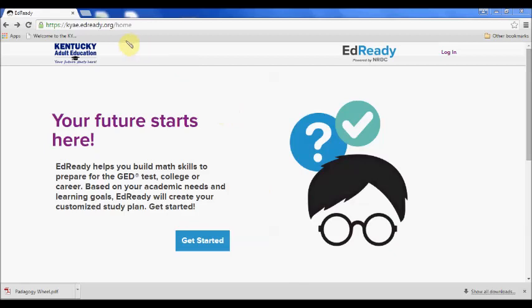And to get started, it's really simple. The student just has to go to kyae.edready.org. Then after they log on to the KYAE EdReady website, there's going to be a big blue button that says Get Started. And if they click this button,